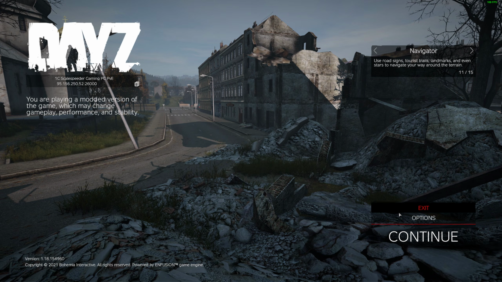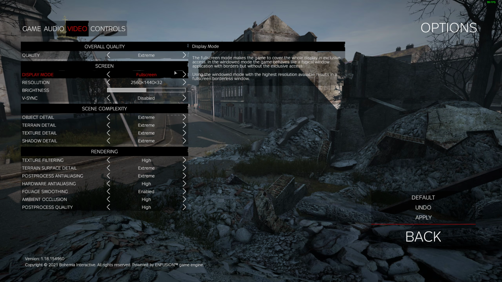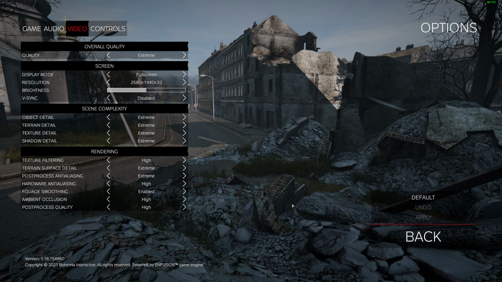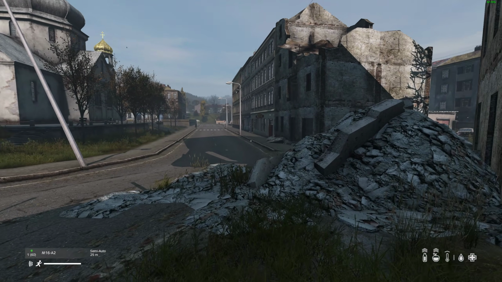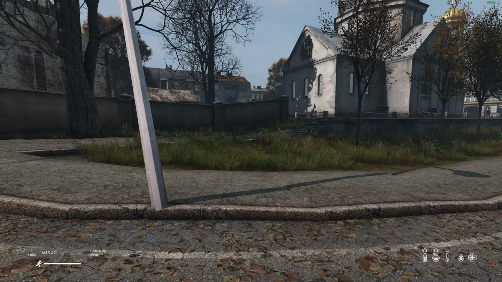So let's have a look at the options. So it's extreme settings. In fact, let's just go with extreme settings. Let's just apply that. VSync is disabled. Now my monitor is set at 1440p 144 frames a second. That's as fast as it will go, and so we're currently getting, at those extreme settings,